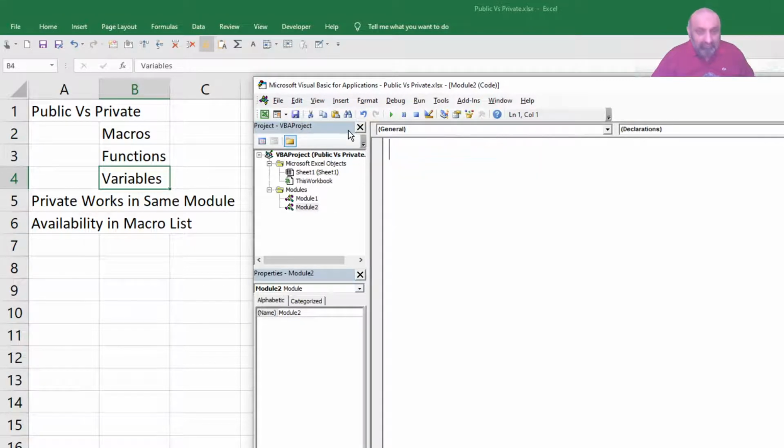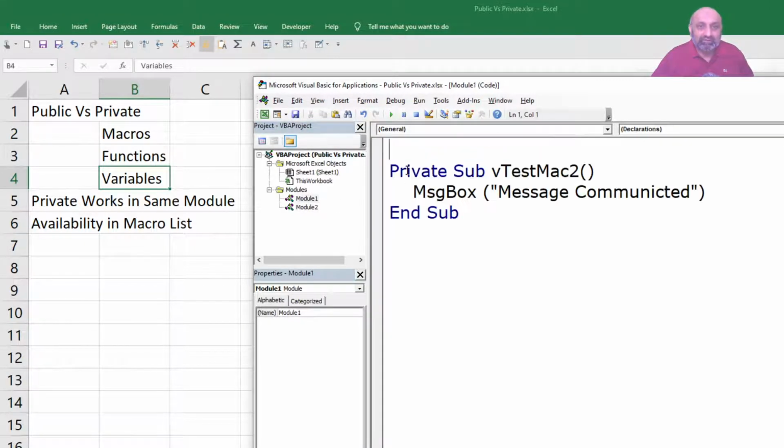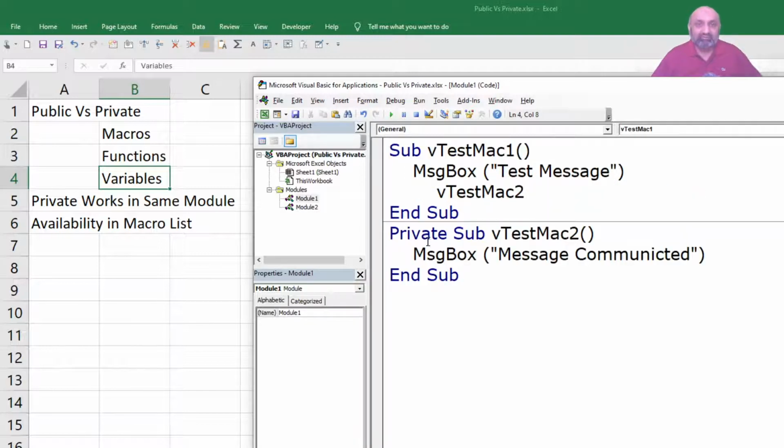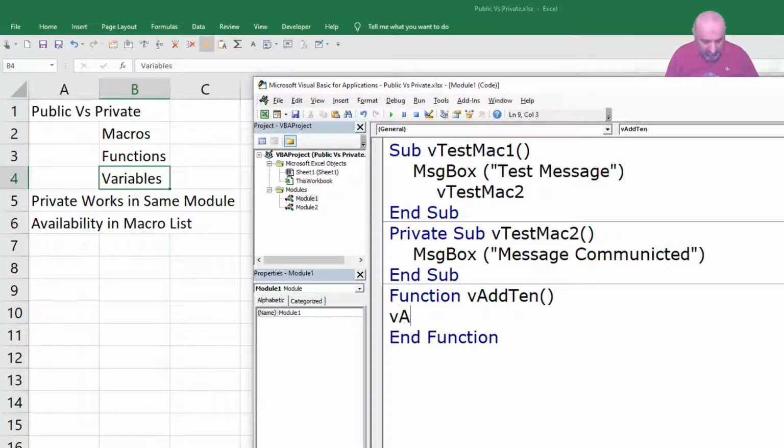to that module only. Okay, so we are back in module 1. So let's create a function, and the function is simple. Let's say add 10, we say add10 is equal to 10, right?